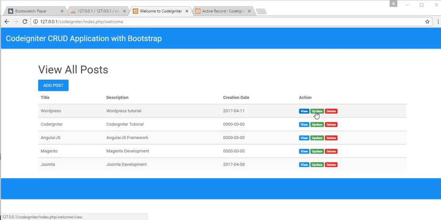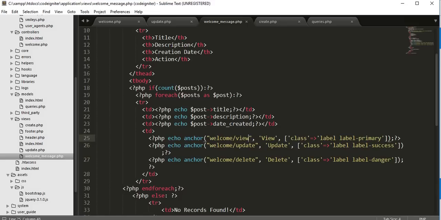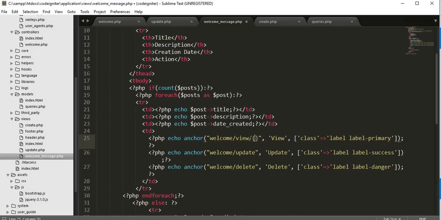Okay, now if I click on any of these links, you can see on the bottom left of this browser a link saying 127.0.0.1/codeigniter/index.php/welcome/update, or /view or /delete. But this is the link for an individual post. This link should contain the post ID of this individual post, so that when I put the mouse on each link, it should display the ID of that individual post. So for that we need to come here and put a forward slash and brackets,